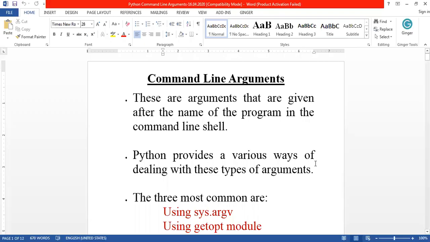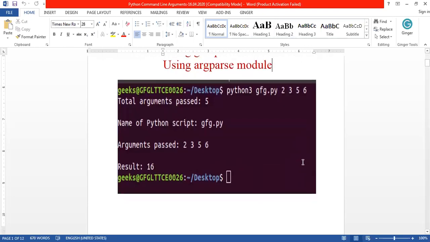In this session, we are going to learn about the usage of command line arguments. These are nothing but the arguments that are passed at runtime, that is, while running your program, you can pass some arguments at that time. Those are said to be the command line arguments. Let us see this so you can understand what exactly it is.